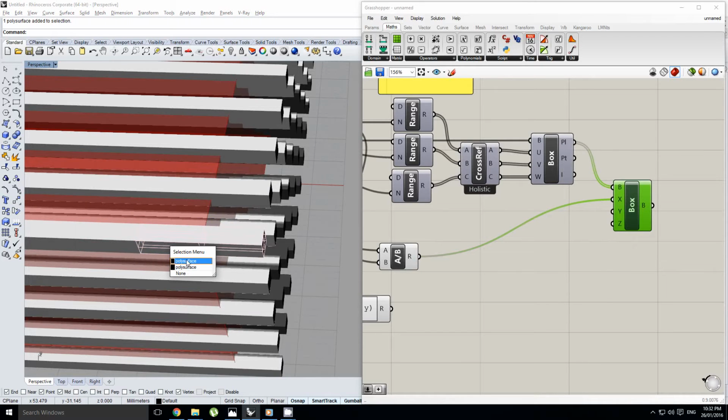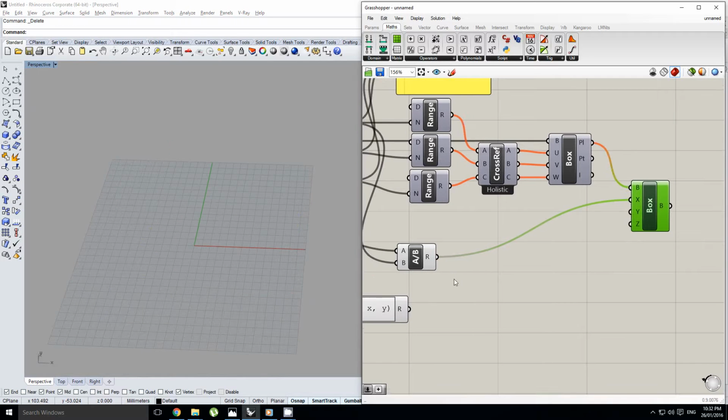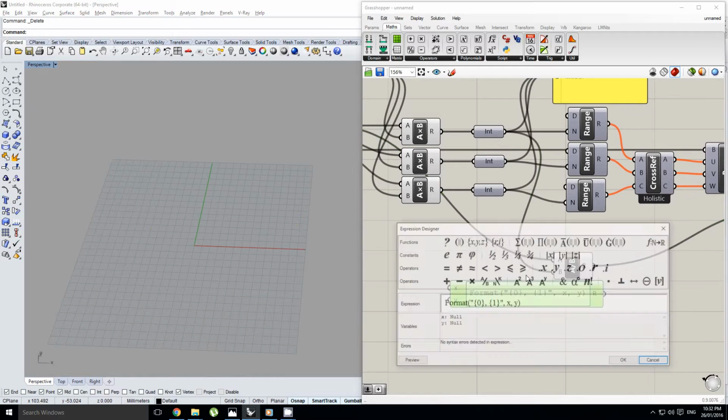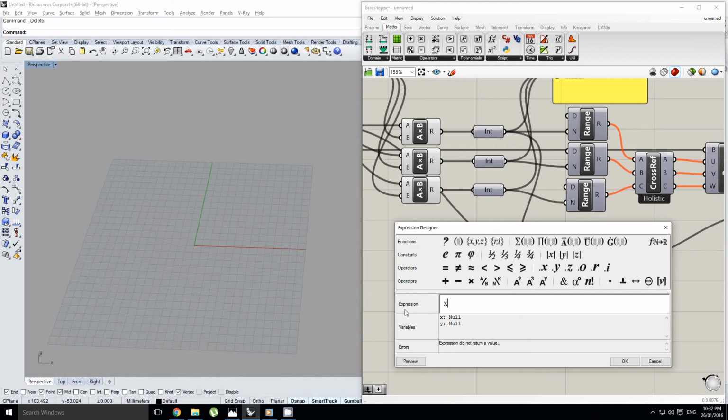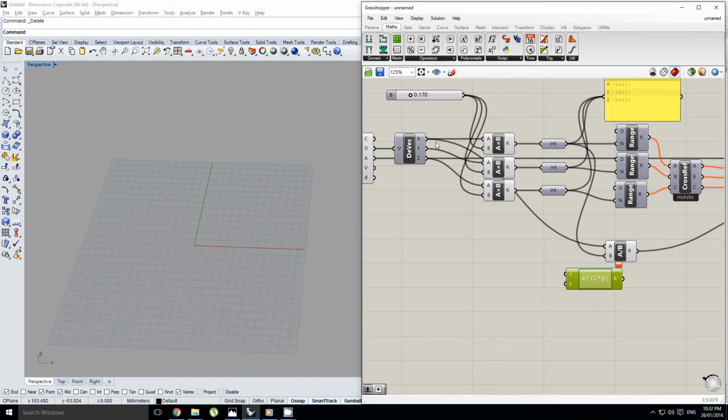Yeah, you can see they're overlapping a bit. And so what we need to do is we just need to take x over y, and divide that by 2, or we could just do x over 2 times y, and I'll get rid of that parentheses at the front. Alright, so this is our x value, that's our y value,